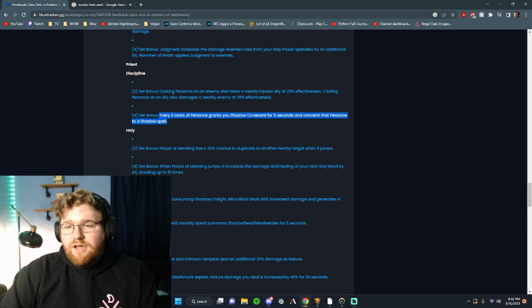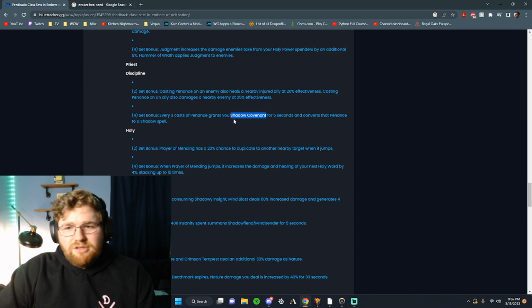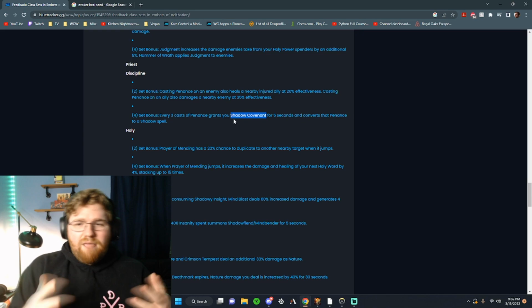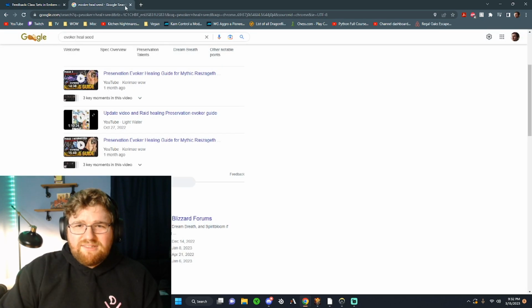So Shadow Covenant is just a little buff that you do to yourself that buffs all your shadow spells and then makes some of your normally light spells into shadow spells to get that buff. So every 3 casts of Penance, I'm pretty sure Penance is on like a 10-second cooldown. I want to say, let's see,